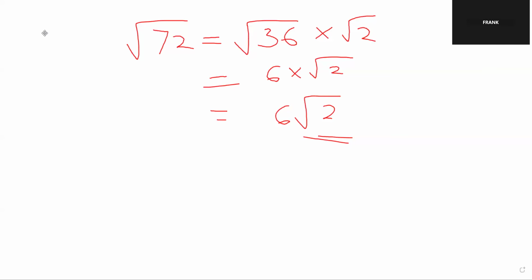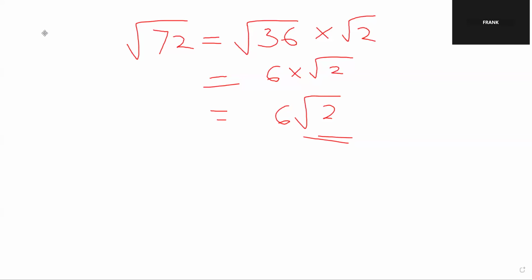So in other words, it also means that when you are done reducing your set, make sure that the number in the square root is a non-reducible set. So you see, after we are done, in the root 2, 2 is in the square root, and that 2 is a non-reducible set. So we are sure that we have reduced the root 72 completely. So in the event where you have a number in the square root which is a reducible set, it means that you didn't reduce